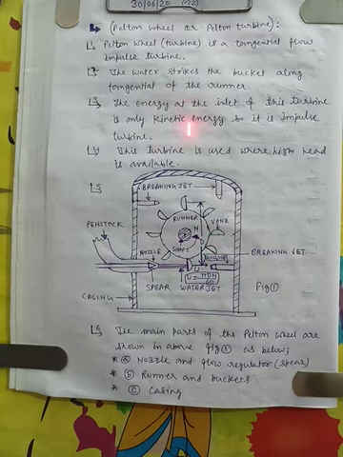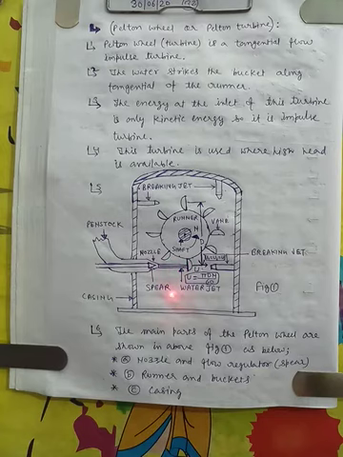And it is an impulse turbine because the water energy at inlet is only kinetic energy. As we had seen, the impulse turbine is that turbine in which at the inlet the water energy is only kinetic energy. So here it is only kinetic energy, no pressure energy of water available here.